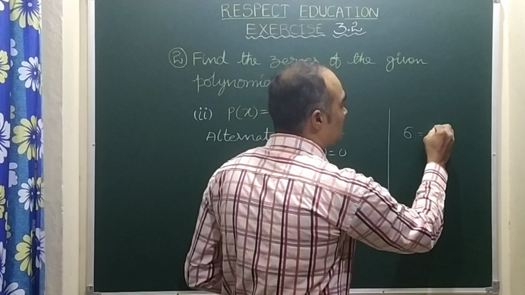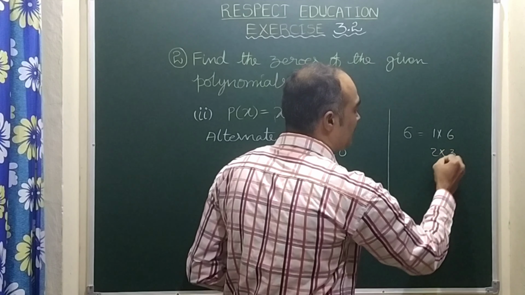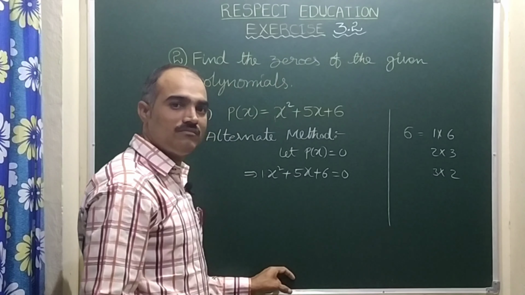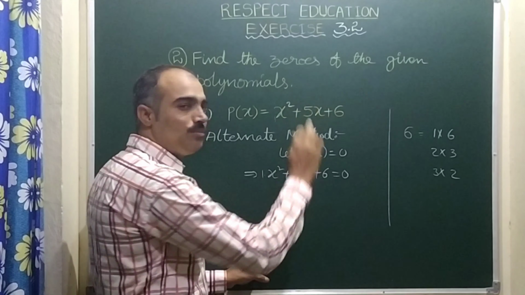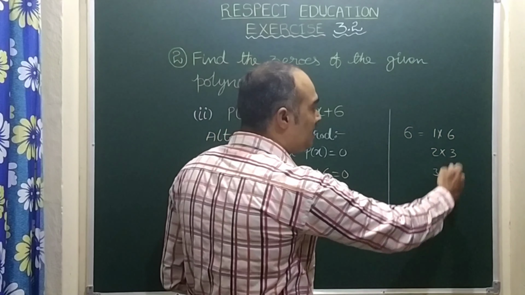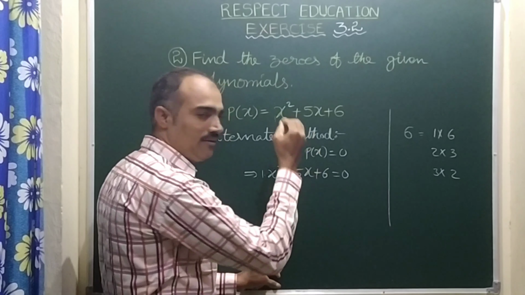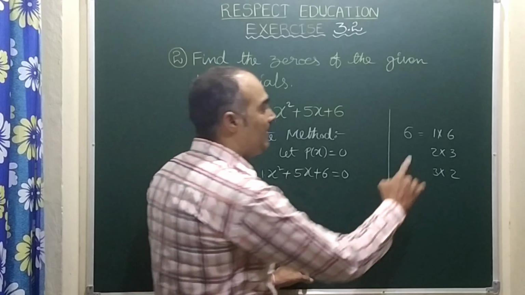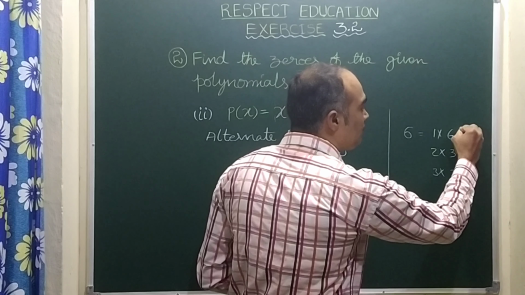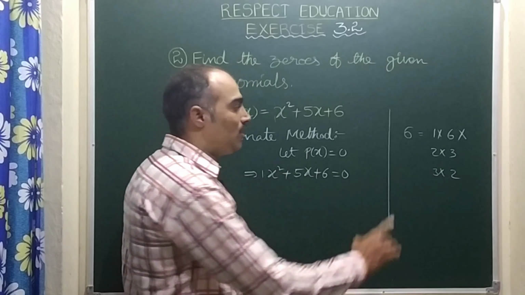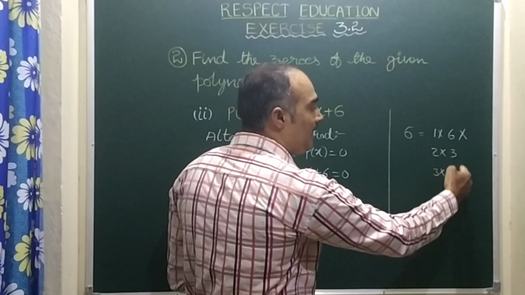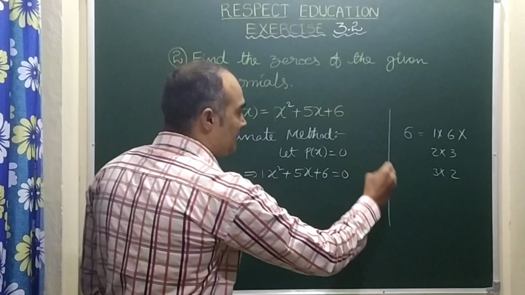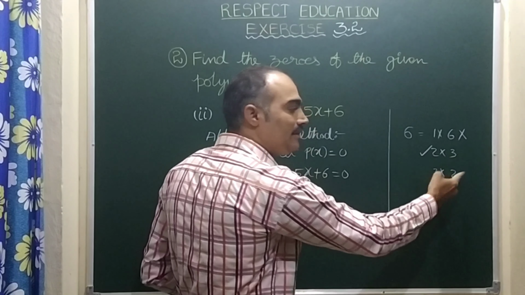Let us write the factors of 6 now. 1 into 6 is 6, 2 into 3 is 6, 3 into 2 is 6. Here when we get repetition, we can stop. Now here, as every term is positive, by adding which pair of numbers do we get the middle number, that is 5? Here you see 1 plus 6 is 7, that is not 5, so this pair is not suitable. 2 plus 3 is 5, 3 plus 2 is 5, so any one of them can be taken because both are equal. So here let us take either 2 and 3, or else you can take 3 and 2 also, no problem.